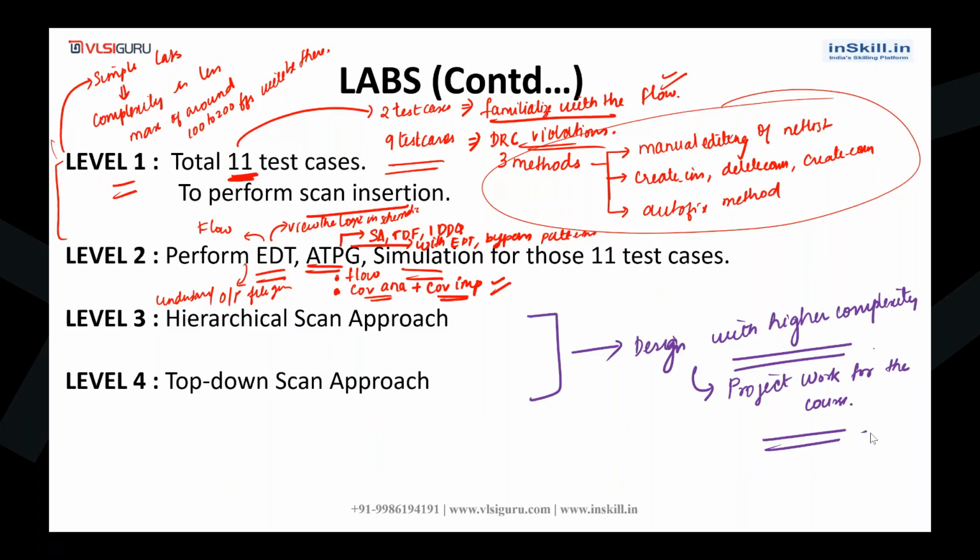Basically, in level 3 projects you will have around 4K flops, and in level 4 projects you'll have around 44K flops. So in level 3 and level 4 projects,